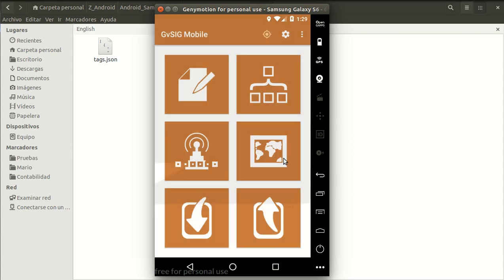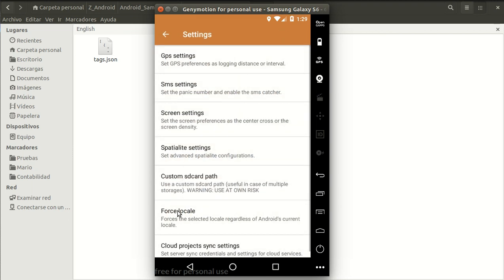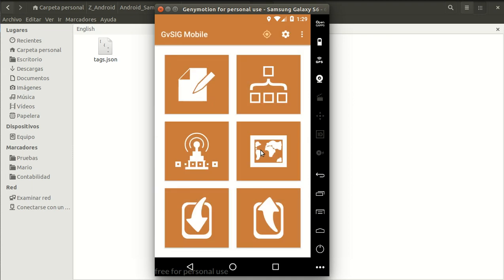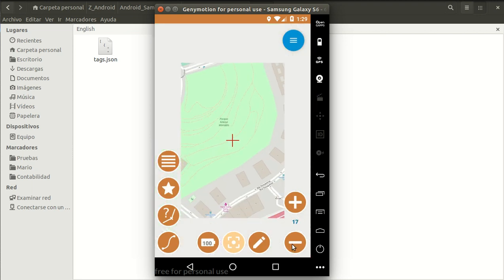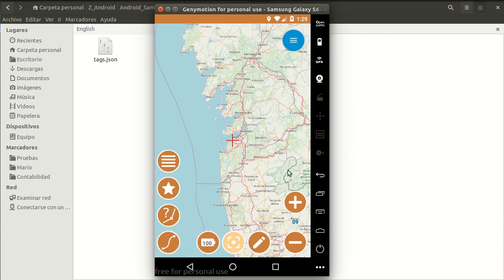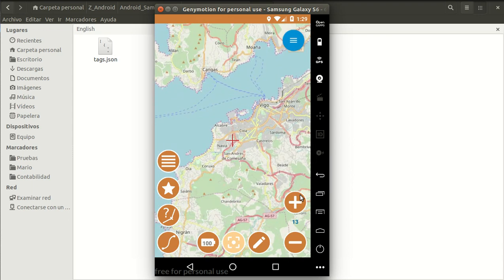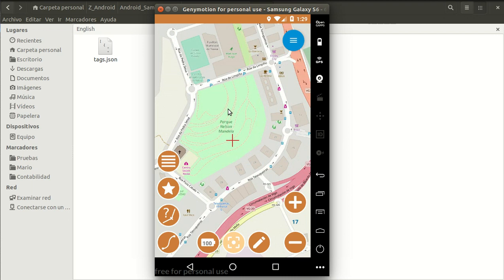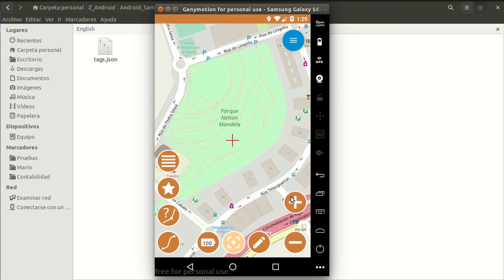I press OK, and this new project will be in the SD card path. In this folder, the project will be here. So I have to start digitalizing the elements. I'm going to this city, for example, to a park, and I'm going to digitalize